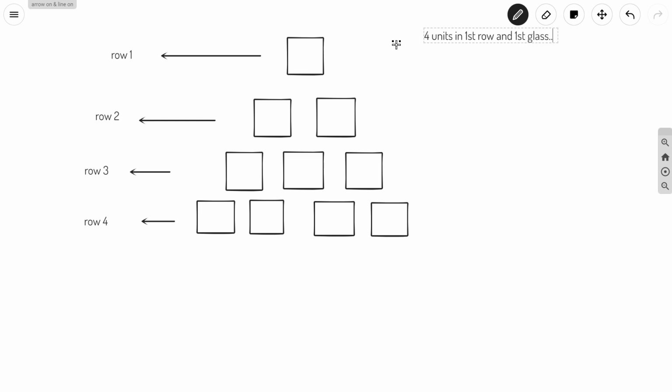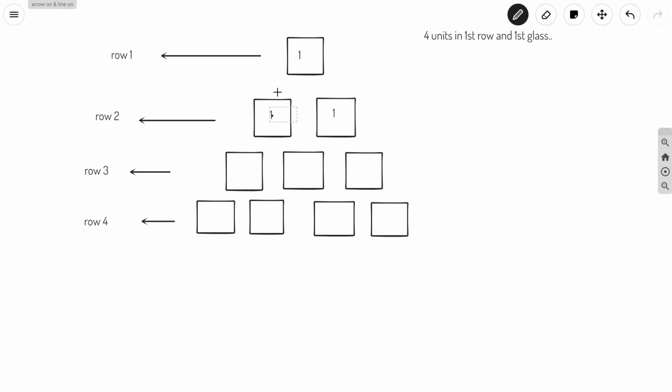Okay, so what will happen, it will store 1 unit, and the rest 3 units will be excess. So 1.5 will be passed here, and 1.5 will be passed here. But this will store 1 unit only, so we will just remove it. So I will write here 1, and excess will be 0.5, and again here 1, and excess will be 0.5. So 0.5 here is excess, and 0.5 is excess in this glass also.